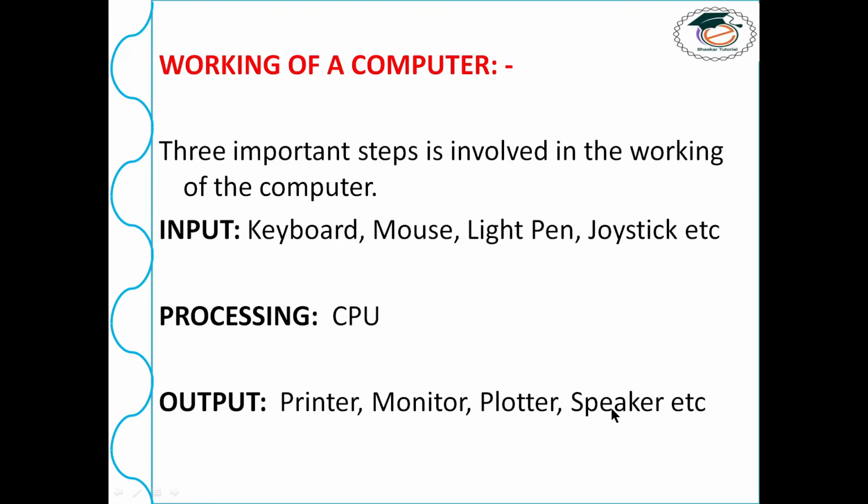So let's see about this chapter. At first we are going to see how a computer system works. You all know that a computer system works whenever we give power or do some input to the computer, it gives us the output. But basically that is also true. There are three important things for the working of a computer, and they are known as input, processing and output. So let's see what is input.